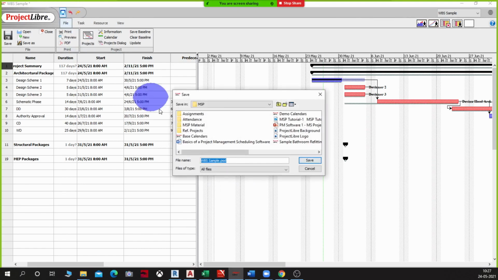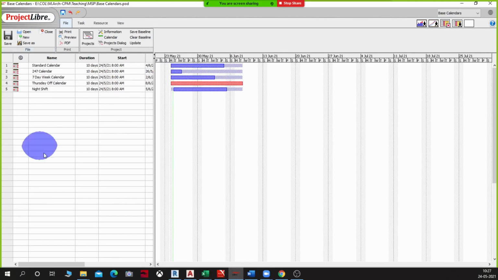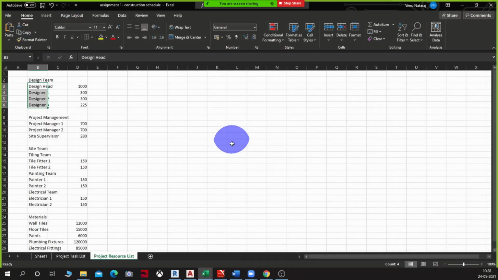For that to take effect, I need to save the project first, close it, and then open it again. Now here, when I close the project at this location, it's only going to close that particular project. It's not going to close the entire interface. But for me to see the effect of the changes, I will have to close all the projects, and then open it again. So this is what we had created.